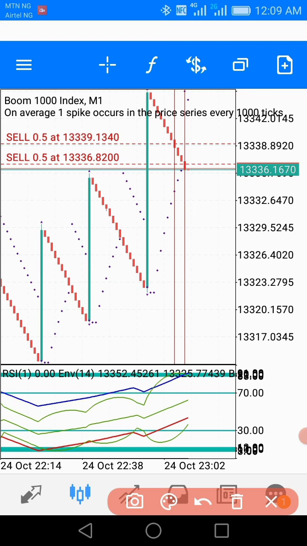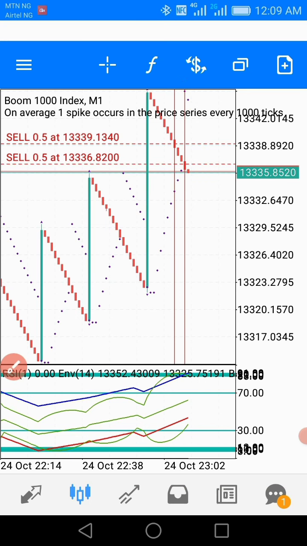So we are actually counting our 10 candlesticks from this particular one. Okay, we are counting our 10 candlesticks from here. But let me quickly ask you to take note of this place, because I'm going to take note of what happened here between this Bollinger Band and the envelope, and take note of where the parabolic SAR was introduced, because I'm going to use it to give you the condition. But let me quickly give you the